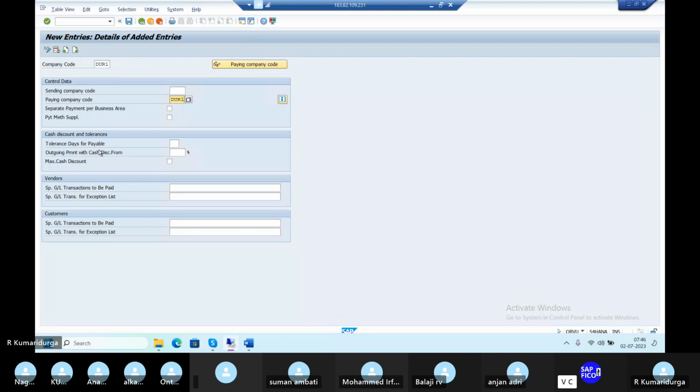Okay, sorry. So the next one is separate payment per business areas. If you want to do the payments as per the business areas also, you are able to do it. If you have only one business area, there is no issue. If you have two business areas, three business areas, see, why we need to use the separate payments for business areas means,